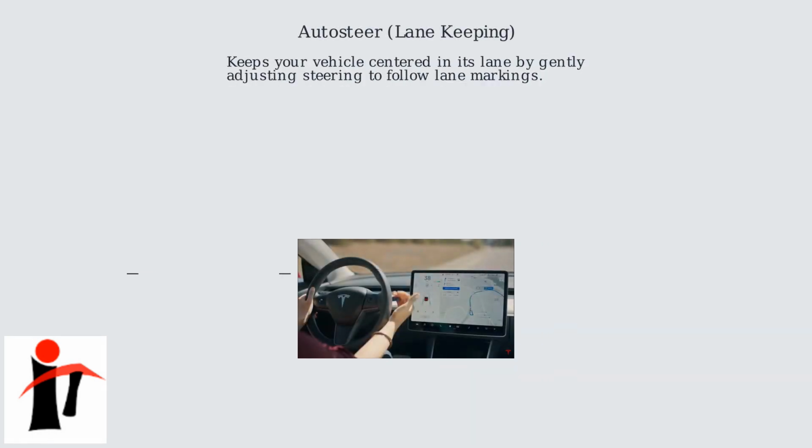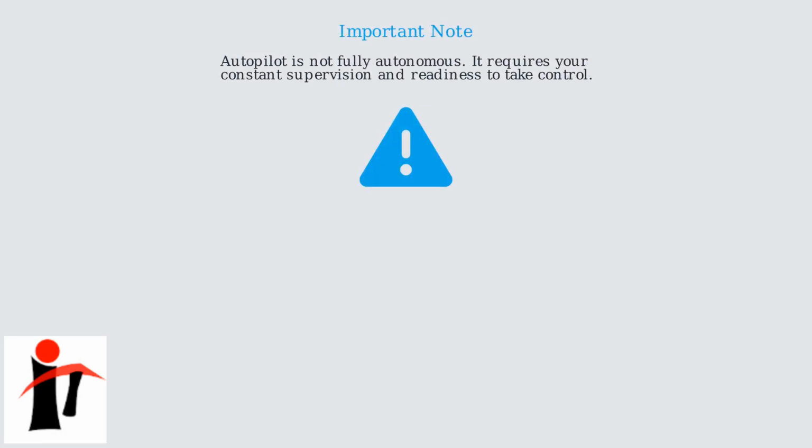Auto steer provides lane-keeping assistance by keeping your vehicle centered in its lane. It uses cameras to detect lane markings and gently adjusts steering to maintain position, but you must keep your hands on the wheel and be ready to intervene. Remember, Autopilot is an advanced driver assistance system, not full self-driving. You must remain engaged at all times, with hands on the wheel and eyes on the road, ready to intervene